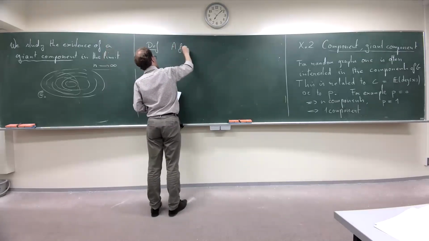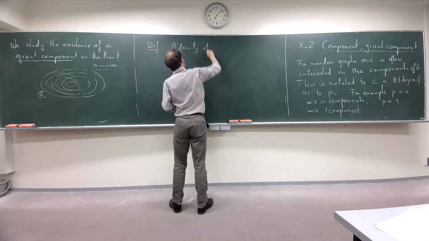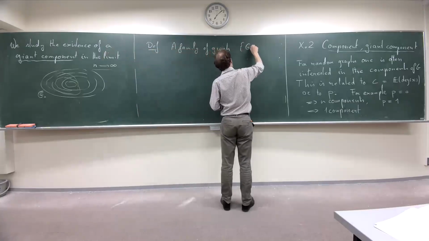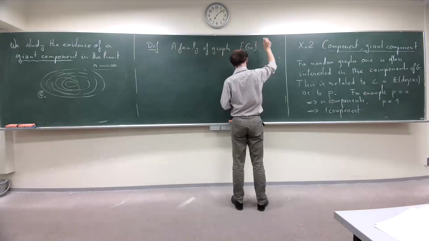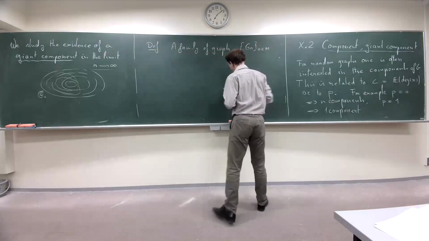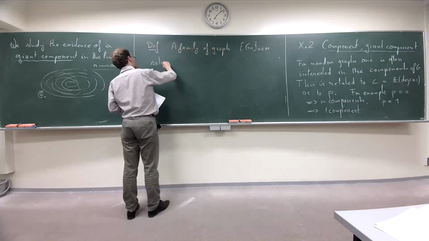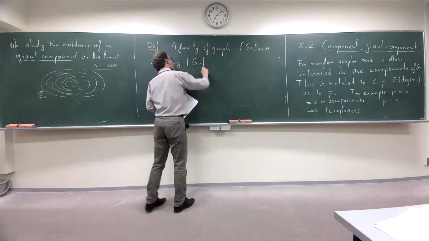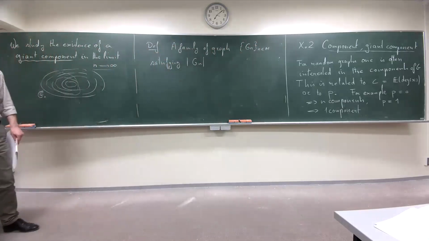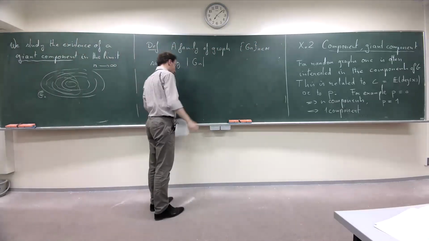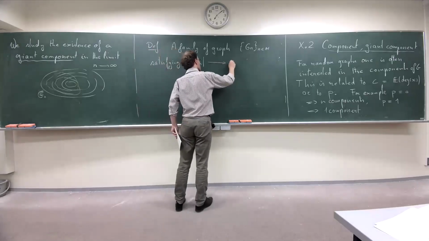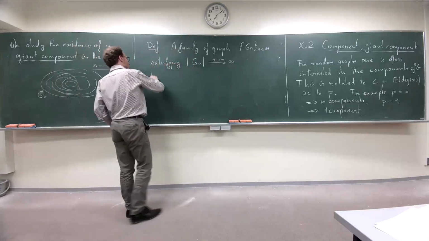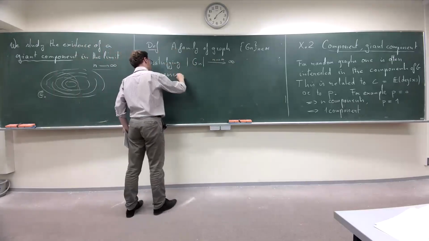A family of graphs, and I call this family Gn, n an integer, satisfying that the number of vertices goes to infinity when n goes to infinity, so they are really growing. This family possesses a giant component